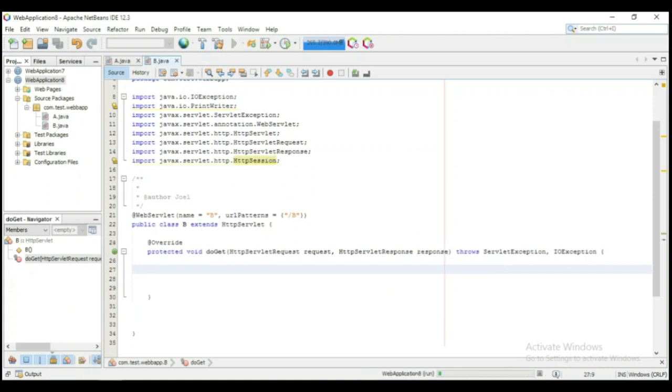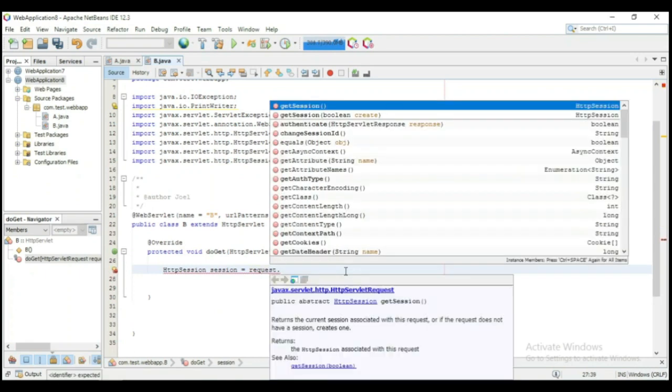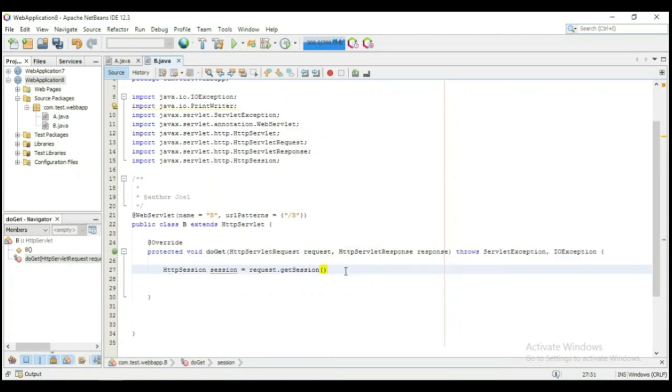And now I'm going to get the HTTP session object from servlet B. So to do that I need to type HTTPSession. I'm going to save it in a variable called session. So to get the session I need to type request.getSession,